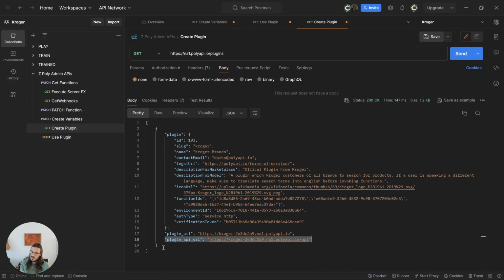And so that demo I showed you is using this plugin API URL. This is the actual endpoint that those requests are going to. And then this model, leveraging OpenAI, picks amongst these functions to accomplish that user's prompt, and then goes and executes those API calls, in this case server functions, which then in turn use Kroger's APIs, and then transforms that data to the model that the user wanted, and gives it back to them.